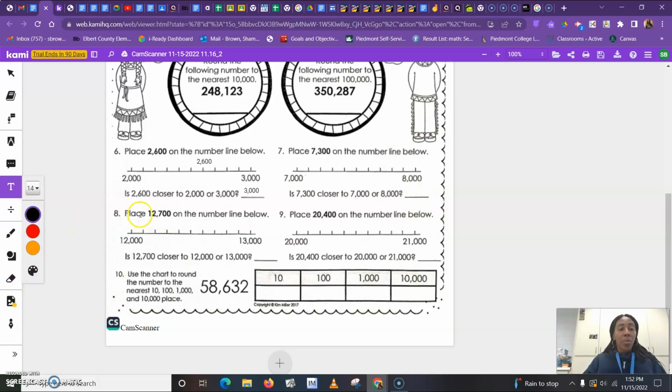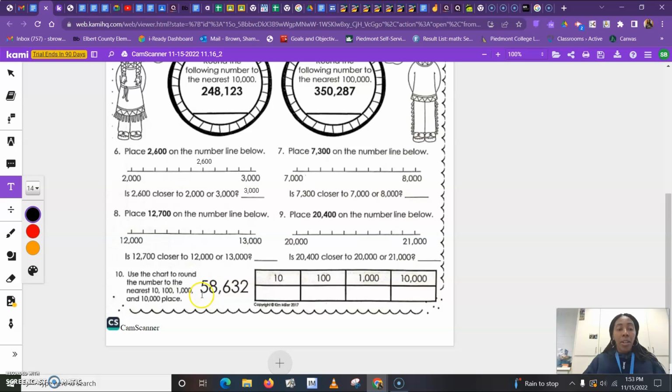For this one, it says place this number on the number line. Number 9 says place this number on the number line. And then it's going to ask you another question. Is this number closer to 12,000 or to 13,000? And is this one closer to 20,000 or to 21,000? And then number 10 says use the chart to round the number to the nearest tens, 100, 1,000, and 10,000's place. So this number,